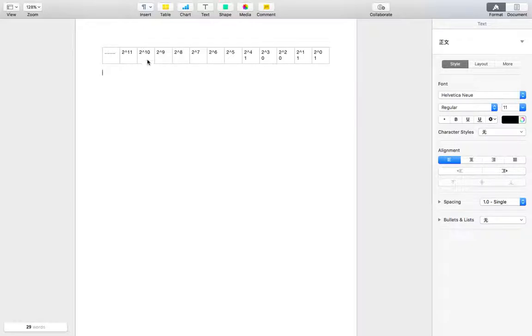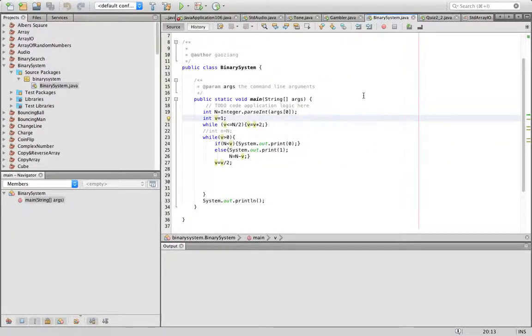Then we should fill the entries 2 to the 1 and 2 to the 0 with 1, because 2 and 1 are also components of 19, and we listed them above. Finally, we get the result 1, 0, 0, 1, 1. So that's the representation of 19 in the binary system. And now let's take a look at the code, and I will explain how I wrote the code step